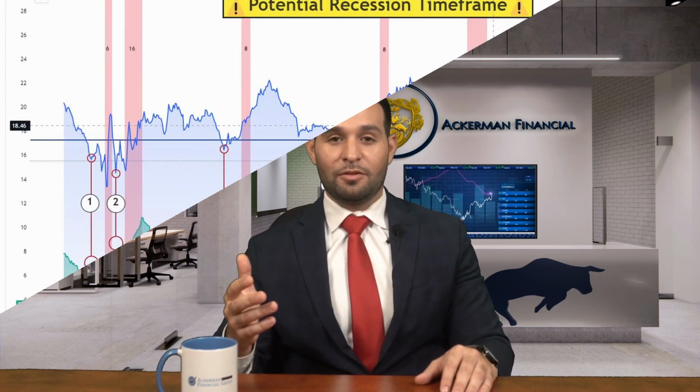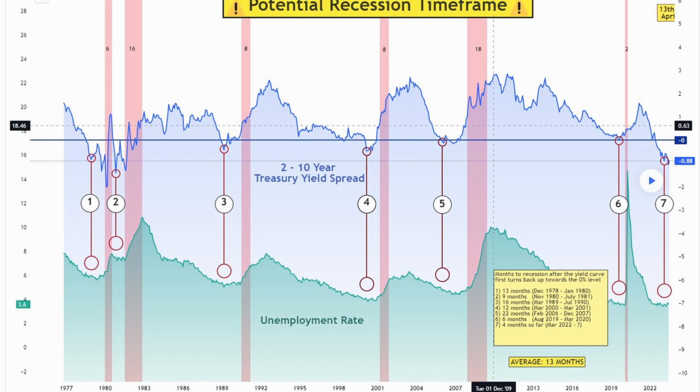So I want to show you guys this. Let's take a look at this inverted yield curve history through time. You'll notice the magenta shaded areas are recessionary periods. This chart goes back to 1977 until currently. The numbers 1, 2, 3, all the way to 7 are inversion periods. And you can see the inversion periods are followed shortly thereafter by those recession periods. And it is astounding how accurate this inverted yield curve is.